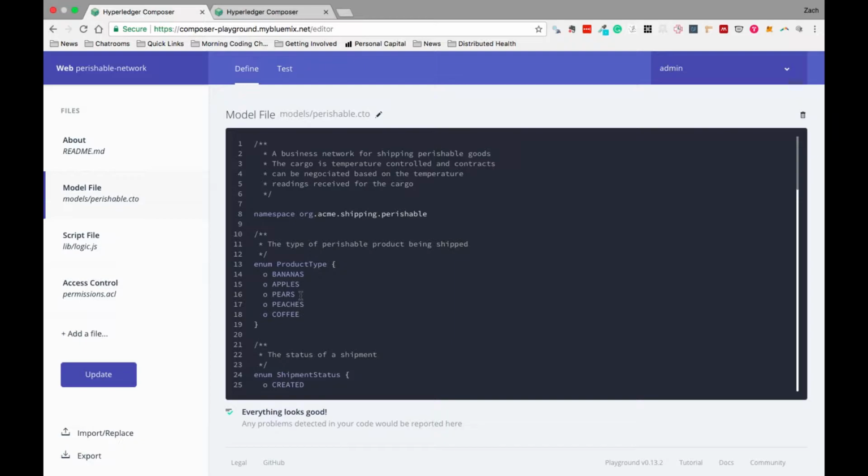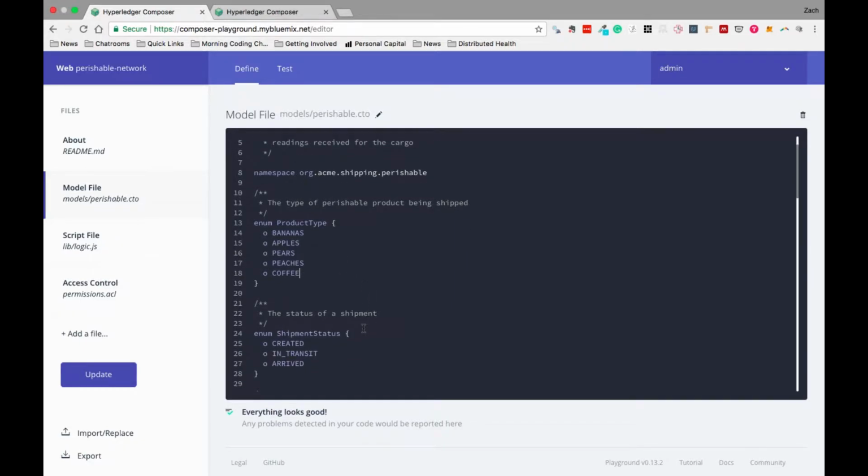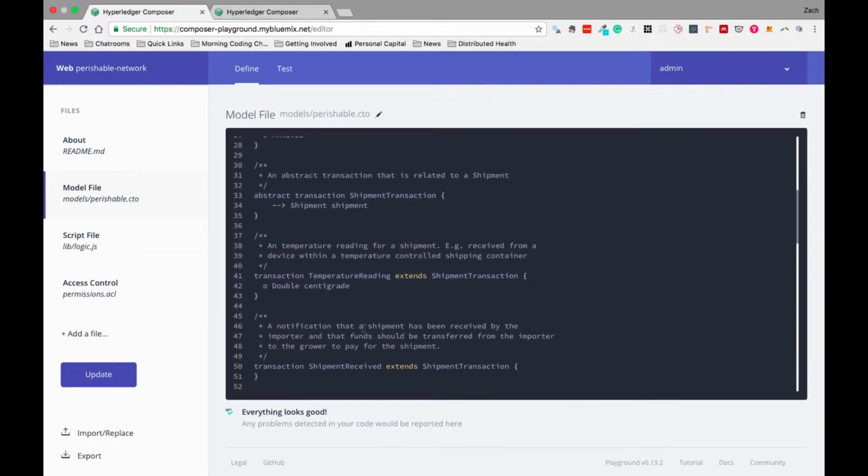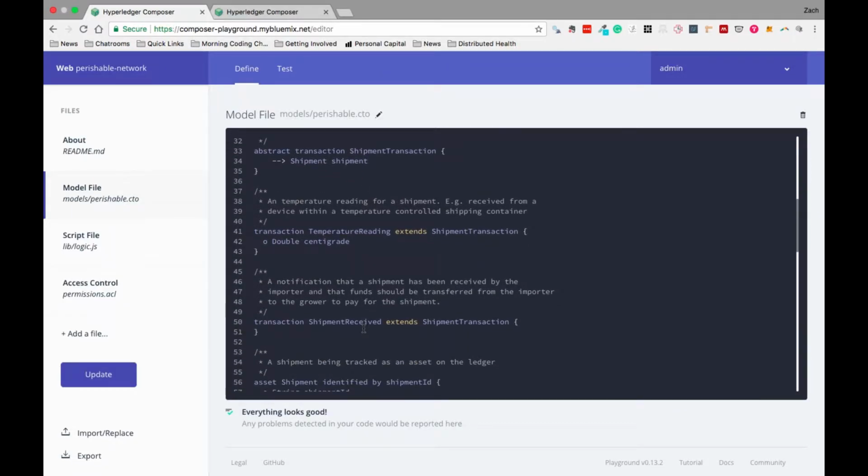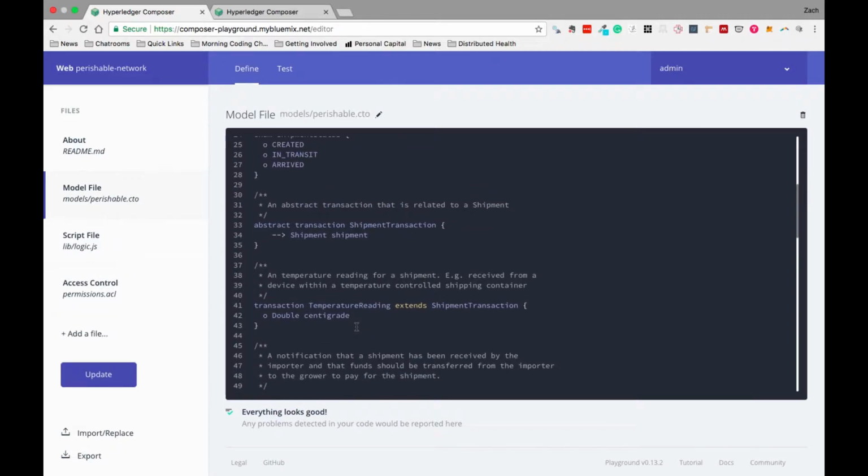network. Now, when we start to look at the model file, it's a little bit intimidating because there's a lot of terms that aren't necessarily intuitive enough to just understand from a development perspective. That being said, if you have done any development in the past, this shouldn't be too hard to grasp. I'm going to go ahead and take us through how to build this very business network from the ground up, and hopefully the way that I do it will reduce any confusion that you might have just looking at this